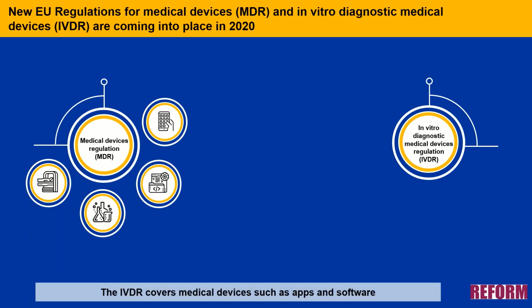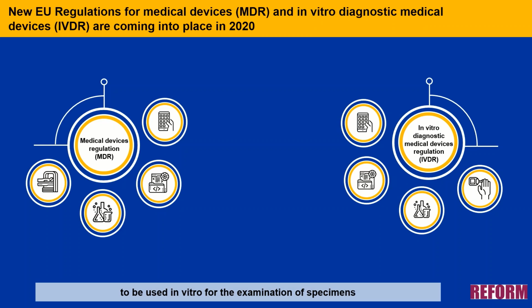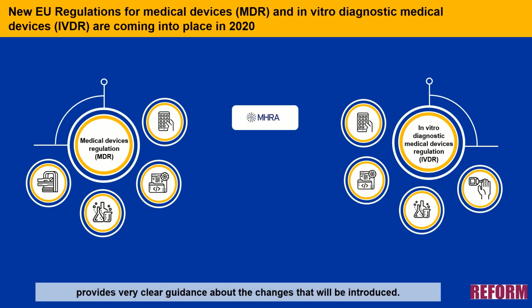The IVDR covers medical devices such as apps and software, reagents, pieces of equipment or systems intended by the manufacturer to be used in vitro for the examination of specimens, including blood and tissue donations derived from the human body. The Medicines and Healthcare Products Regulatory Agency, also known as the MHRA, provides very clear guidance about the changes that